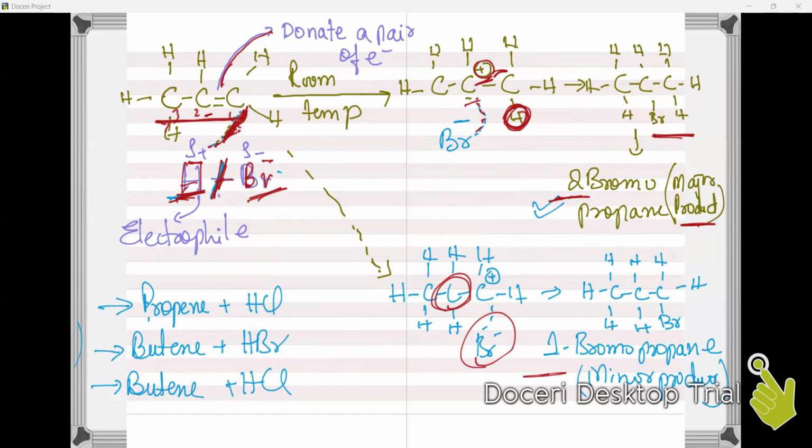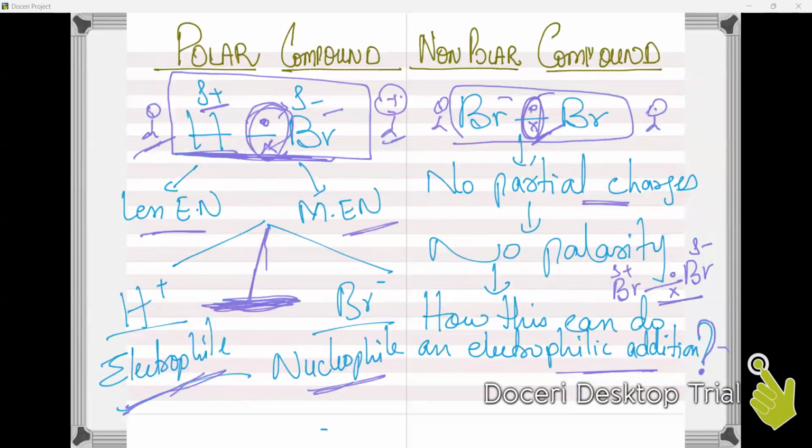So this can be a possibility, but major product means the possibility of this above product is more. Where does it come from? This comes from the